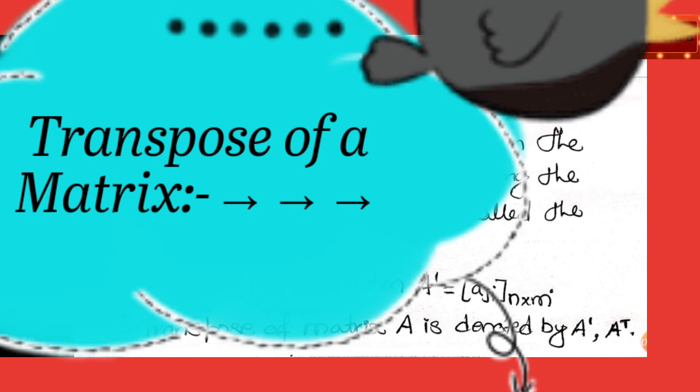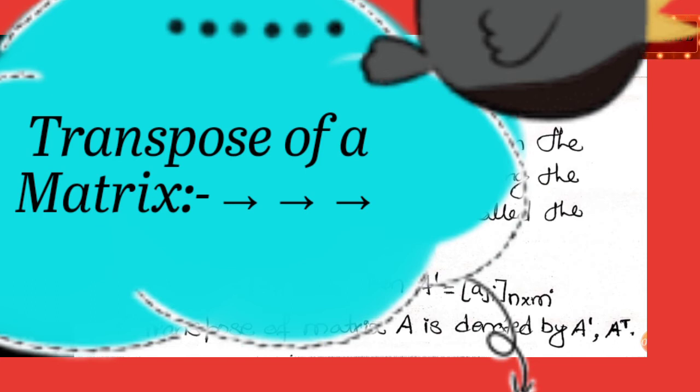It might be a very minor part, but it plays a very important role and it has its own properties also. So starting with this, what is the transpose of a matrix? How do we get it? Suppose that A is a matrix which has elements Aij and it is of order m by n. Then the matrix obtained by interchanging the rows and columns of A.